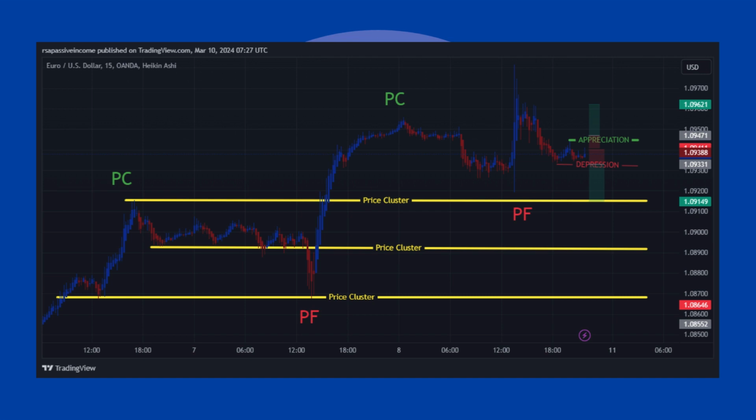So for Euro USD, my first entry would be here, below 7 pips, and my target is always 1 is to 1.5, correction 1 is to 2.5. So somewhere here to the downside,